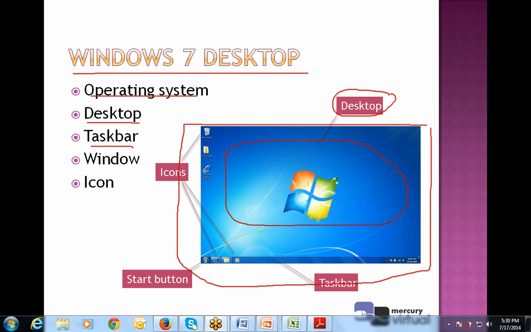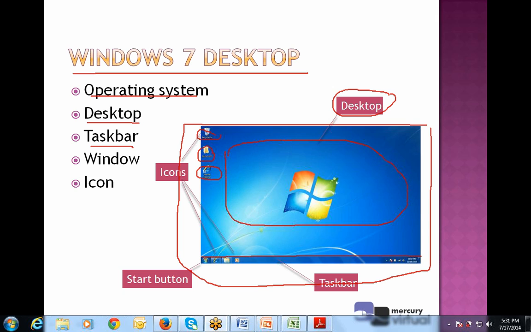Then there is a taskbar at the bottom, this whole line, a bar where all the tasks are shown. Then there are some icons, the recycle bin icon, my documents icon, and Internet Explorer icon.